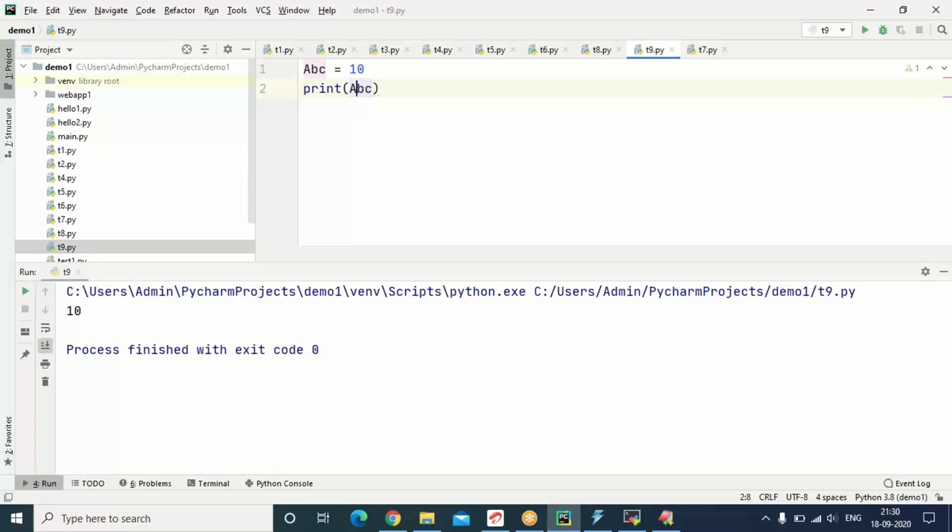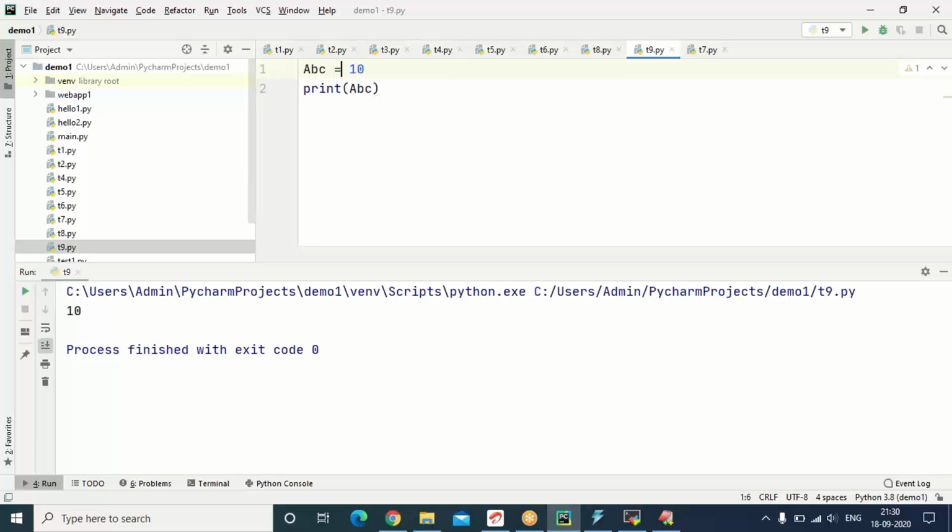What you understood? Any alphabet, lowercase or uppercase, is allowed in the name of the variable. I just chose ABC. If something holds good for ABC, then the same will hold good from A to Z. Any alphabet can be used in the name of the variable, that is, in the identifier. It can be a lowercase alphabet or an uppercase alphabet.